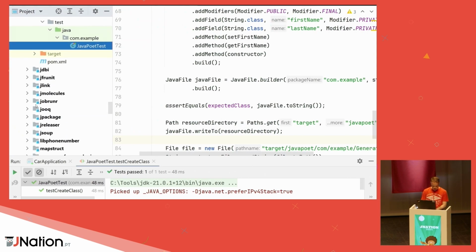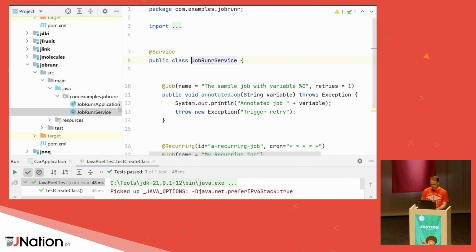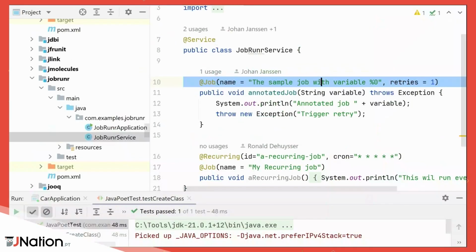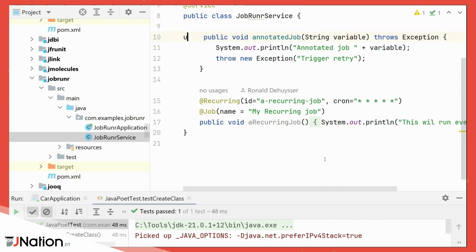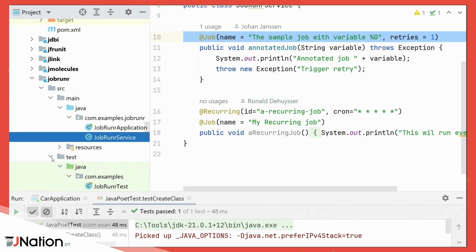Then the next one is JobRunner. So we probably all have seen applications where you want to run some stuff at a certain interval and things like that. So for example, here I have a recurring job. I can specify the cron expression. Here I also have a job, and I say, okay, if it fails, I want to automatically retry it. So this add job annotation and add recurring, that's basically from JobRunner. And if I run the test for this,